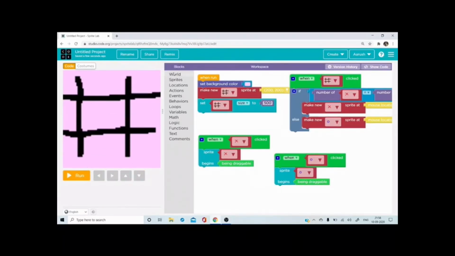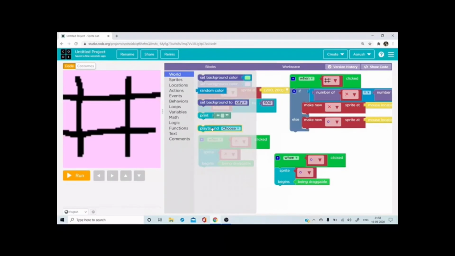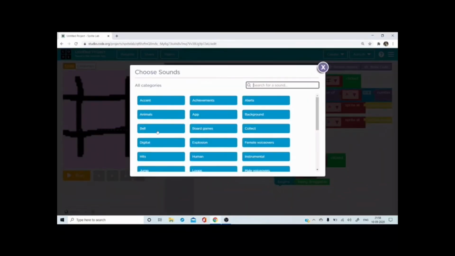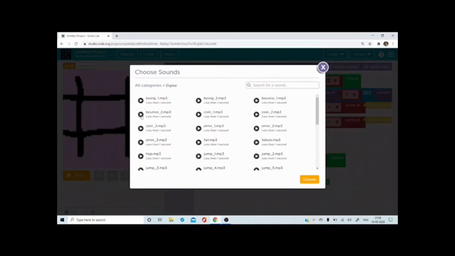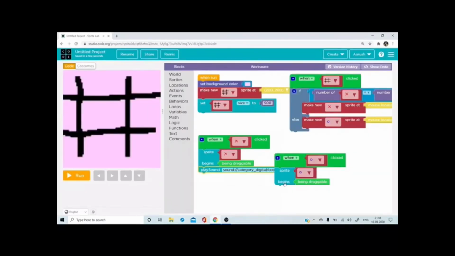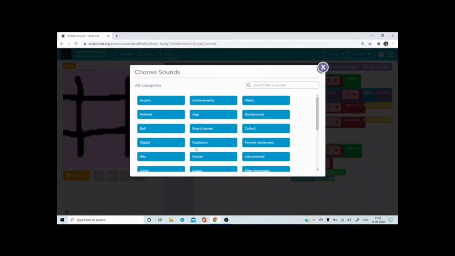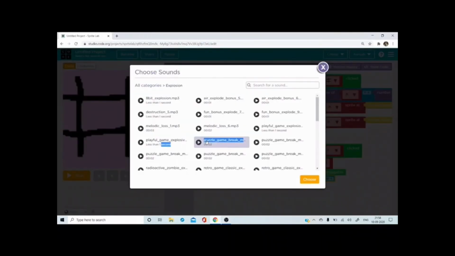Plus what we can do, let's put some sounds also. So when you put this, let's put some sound, maybe let's choose digital sound. Okay. Yeah, so this is the one which we will take for this. And maybe being draggable, again I'm going to world, I'm going to take the play sound, I'm going to choose this one, go here and maybe we take this one.